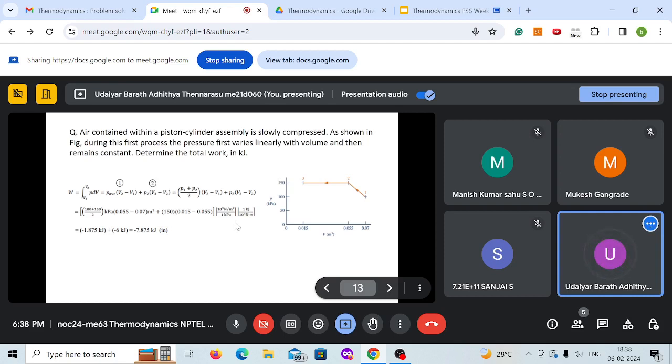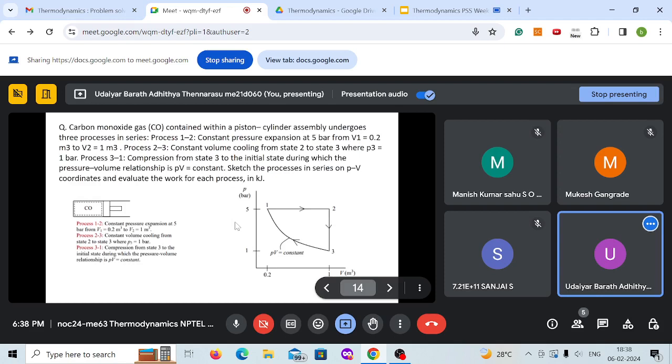Clear? Any doubts on this? Okay. So moving on,